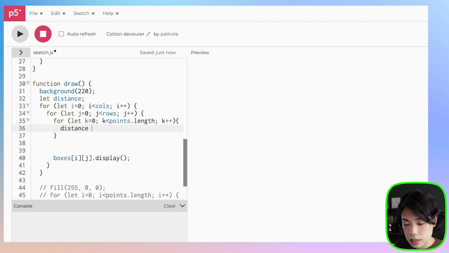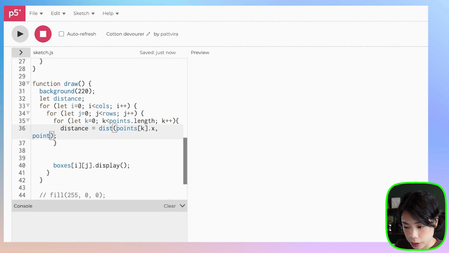And distance is going to be a calculation of the distance between the points, points of k dot x and points of k dot y, and the boxes, boxes x and boxes